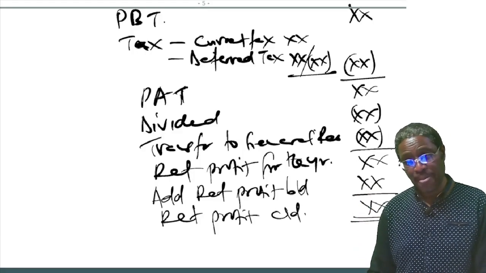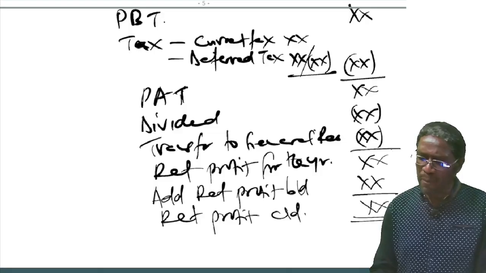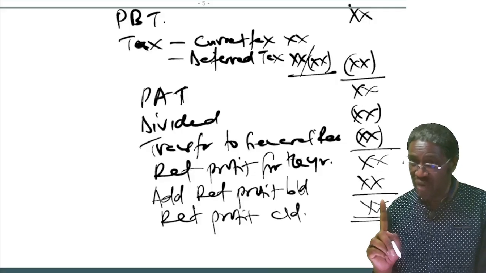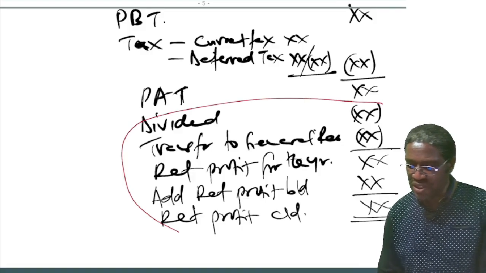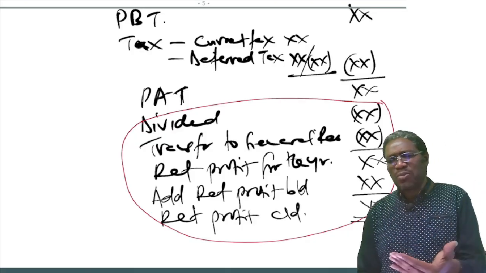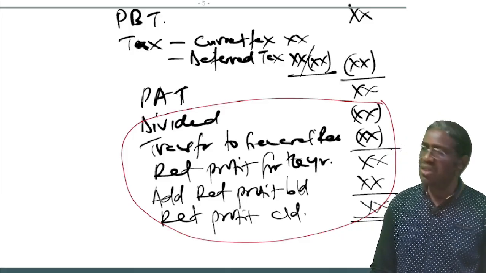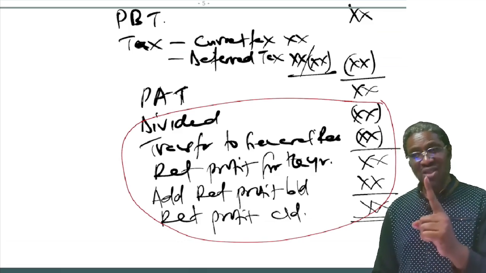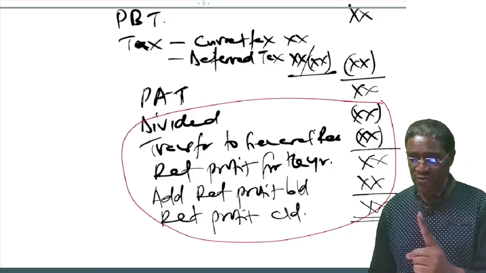Now listen to this now. But when it comes to income statement for publication, an important key point is here: we do not do the appropriation of this profit in the income statement. In other words, you don't appropriate that profit in the income statement like I've done. Yes, for internal reporting, then you could do it. But for publication purposes, the requirement is that you do not show the appropriations of the profit on the face